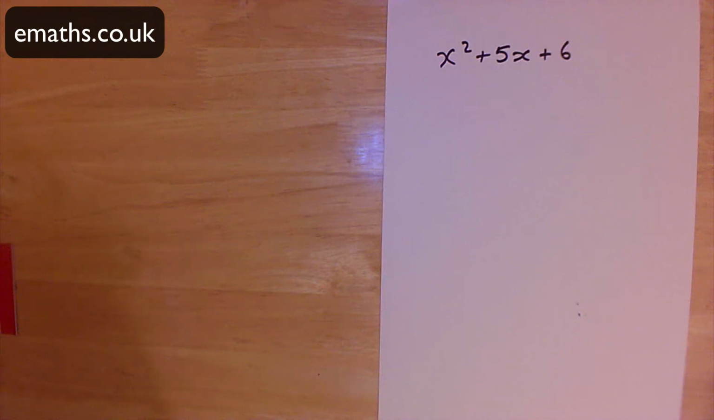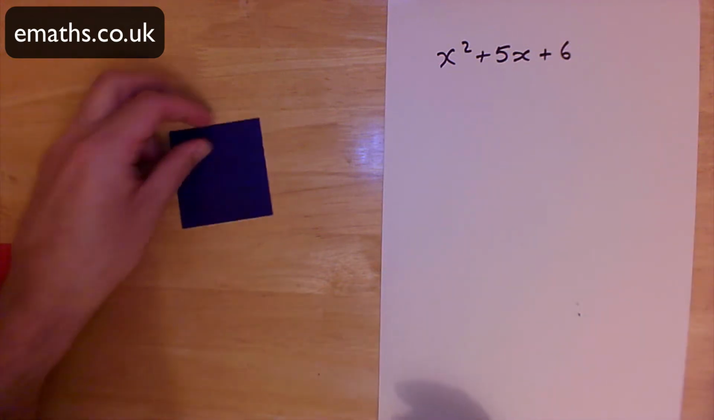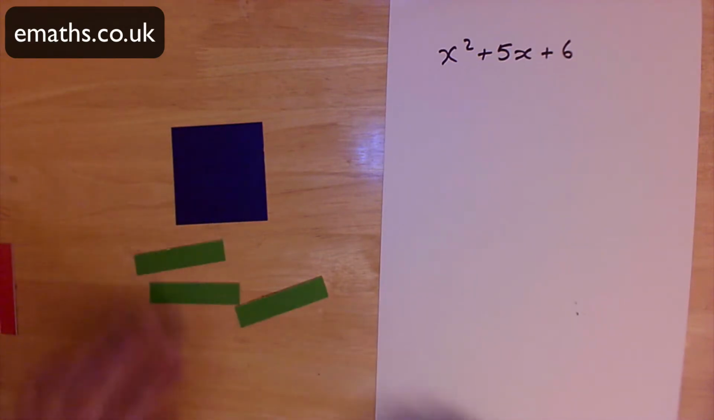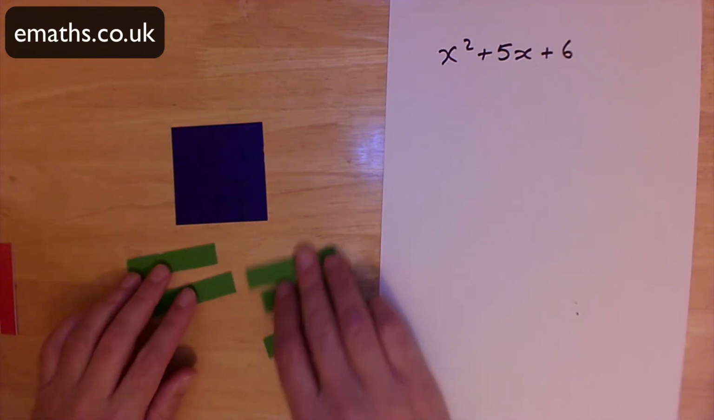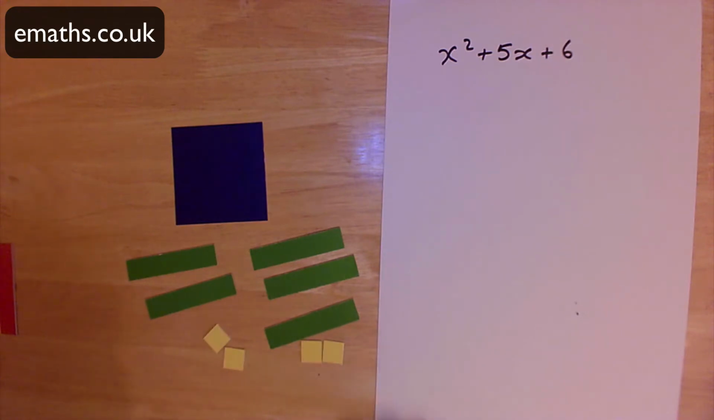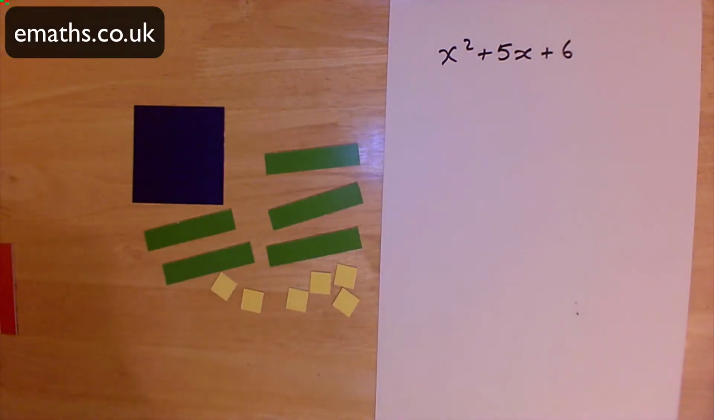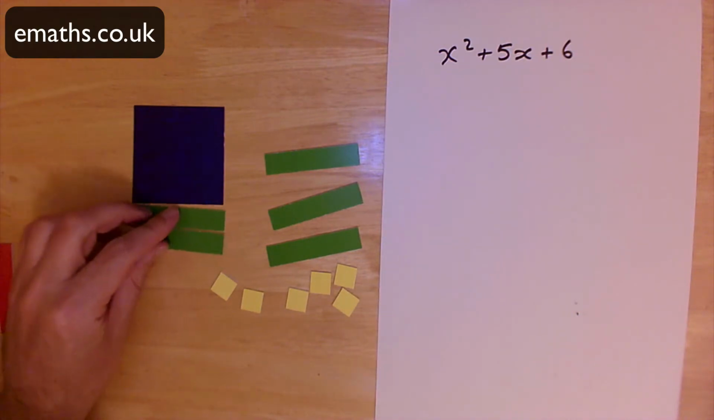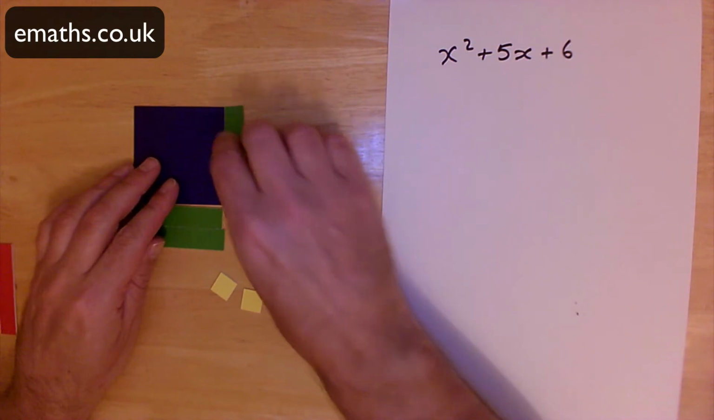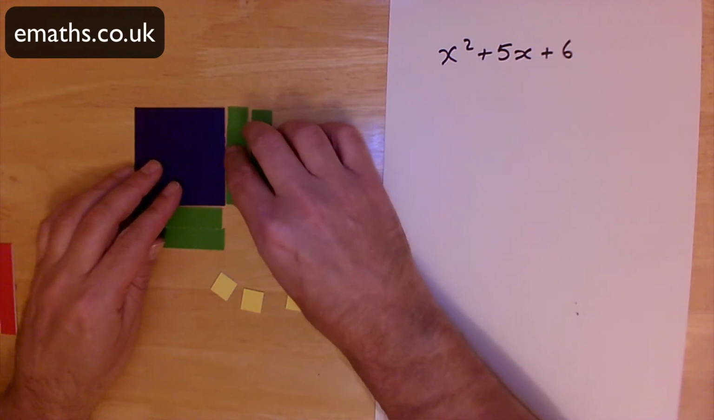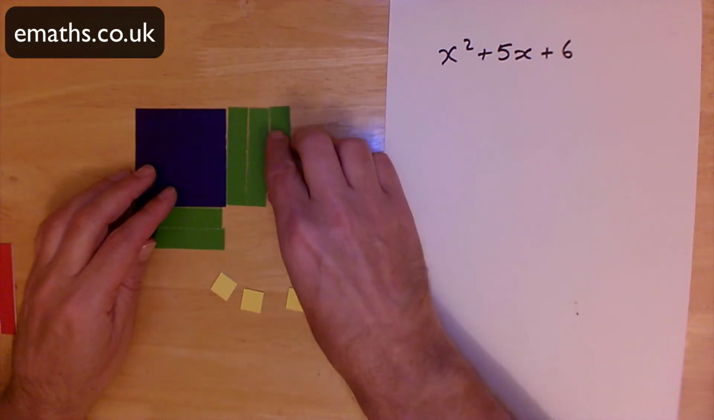Let's factorize some quadratics. We have x squared plus 5x plus 6. Taking an x squared tile and 5x tiles and 6 unit tiles. I have a system. I know that my factorized form will create a perfect rectangle. So I need to arrange my system into a perfect rectangle if it will factorize, and I've made this so